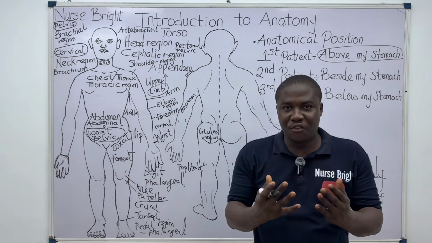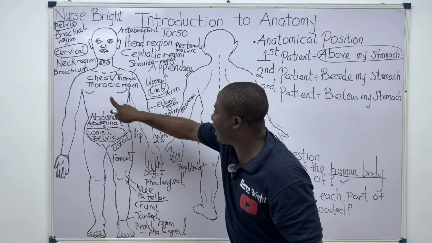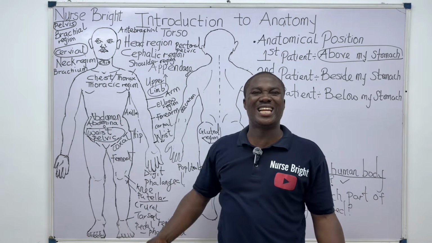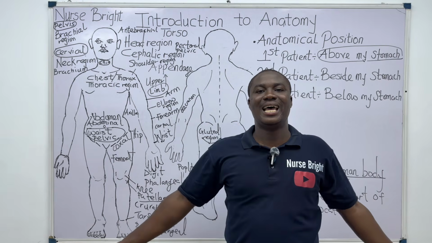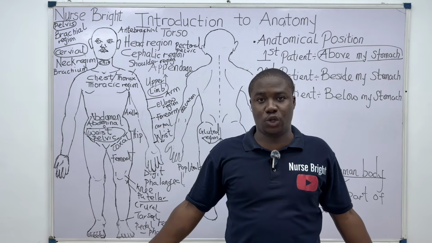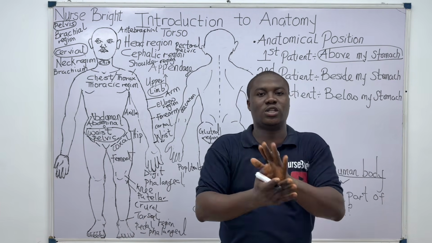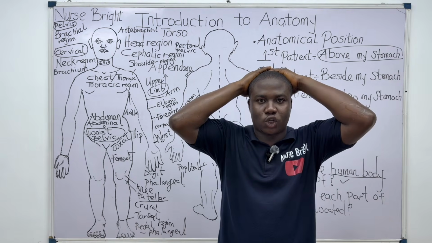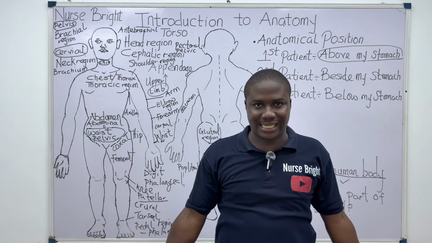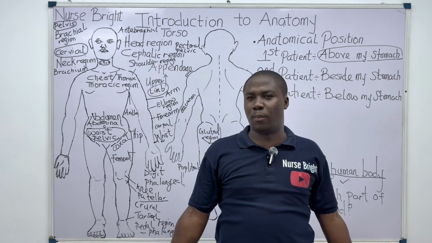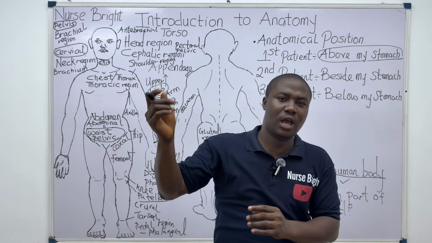Let's move further. Now, you can even tell me from what you are seeing, because we already know that these are the upper limbs. Look at what happens in an anatomical position. The upper limbs hang naturally by the side of the body. You can see now they are hanging naturally by the side. You don't do it like this. You can say this is not anatomical position. This is not anatomical position. This is not anatomical position. The upper limbs will hang naturally like this, by the side of the body, not here. Do you understand? That's what I mean by anatomical position. Very essential. Let's move further.